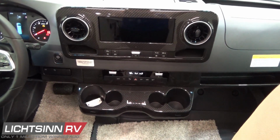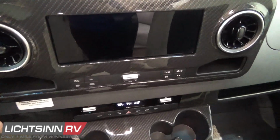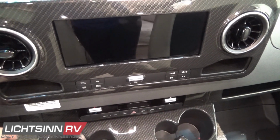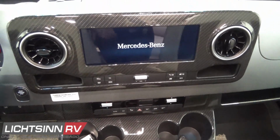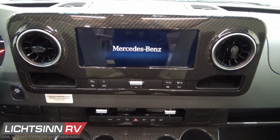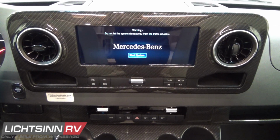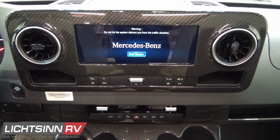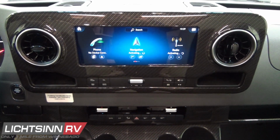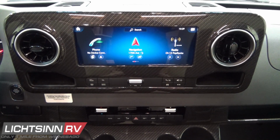This MBUX infotainment system includes a multitude of optional features, including the oversized 10-inch touchscreen, wireless charging just above, USB and USB-C connections. It is compatible with Apple CarPlay and Android Auto, and can use intelligent voice guidance from Hey Siri, Hey Google, or Hey Mercedes. All of these features are also compatible with the touchscreen controls off of the right-hand side of the steering column. Each of these locations is also adjustable, so you can control how this lays out,